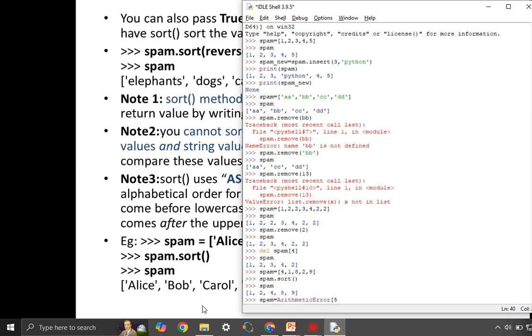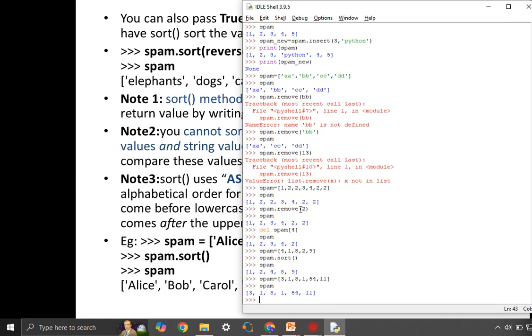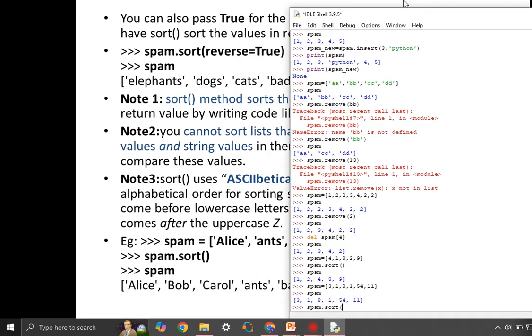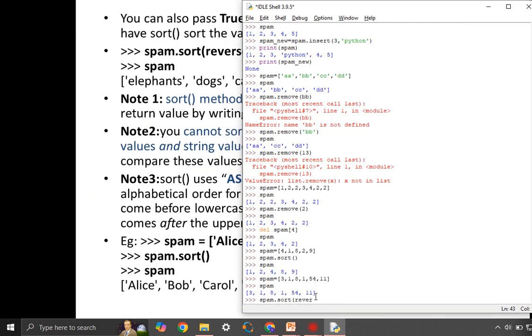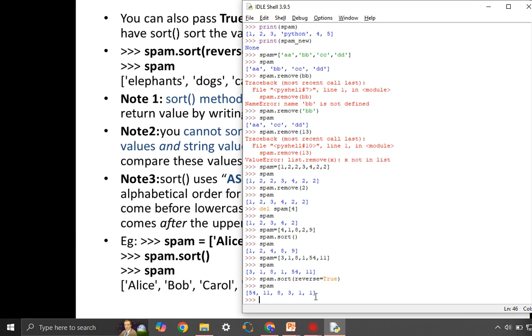So let's say I create a list again. Okay, so this is the list. Now you can see it is all jumbled up. Now I don't want to organize it in the ascending order. I want it in the descending order. Then what you have to do is spam.sort, and here reverse is equal to true. So when you do that and you see spam, you can see that now spam is arranged in the descending